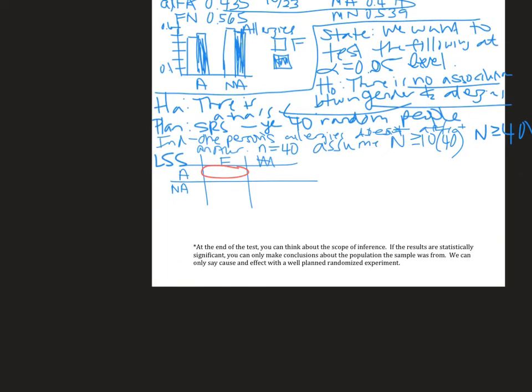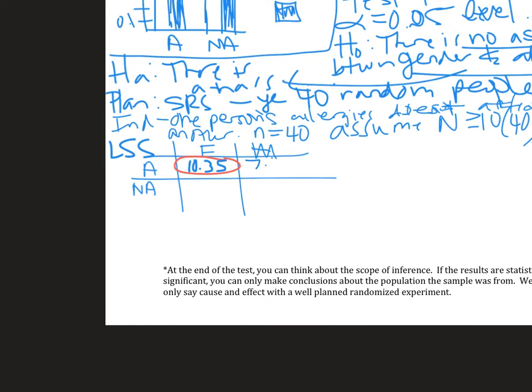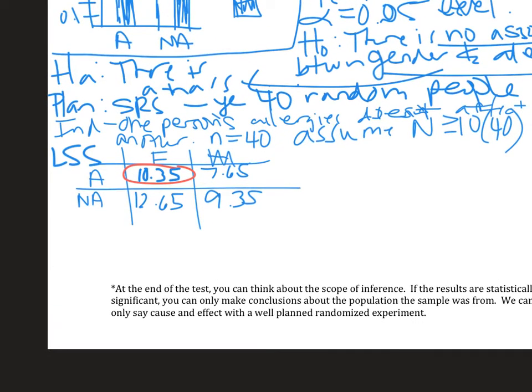So that's our first one, 10.35. And then I went ahead and found the rest of them, 7.65, 12.65, and 9.35. And we can say that all expected counts are greater than or equal to 5. Okay. So, since all conditions have been met,